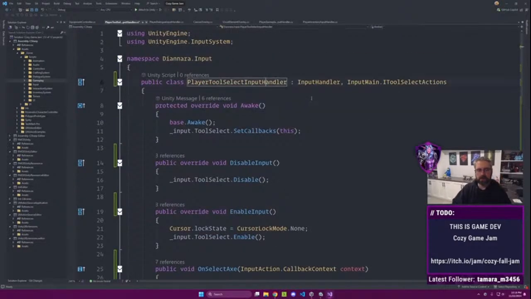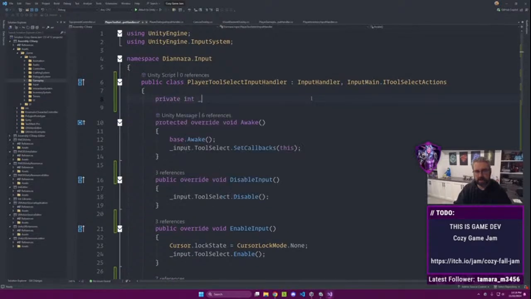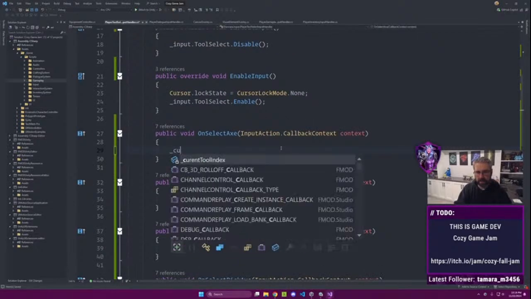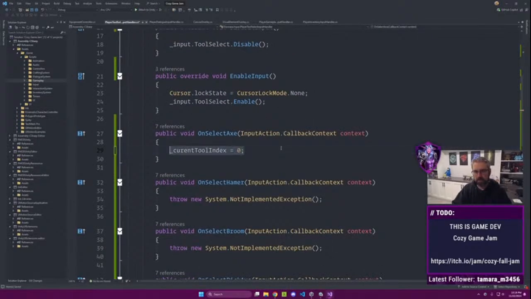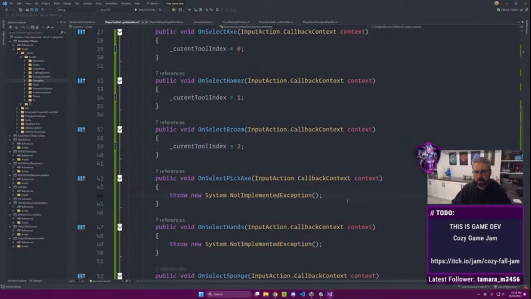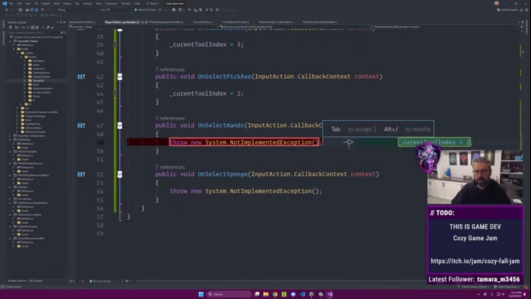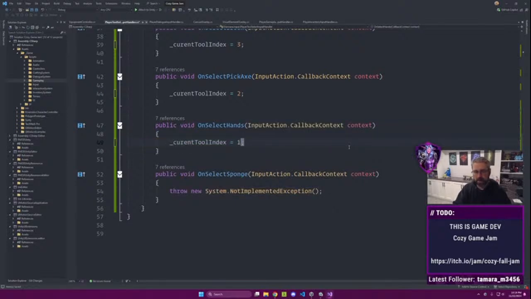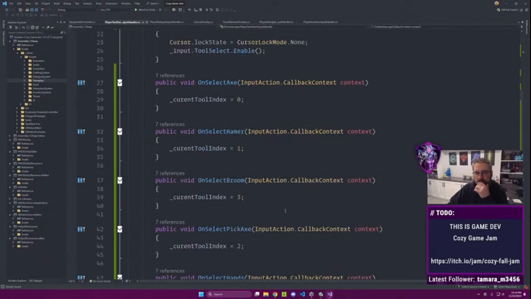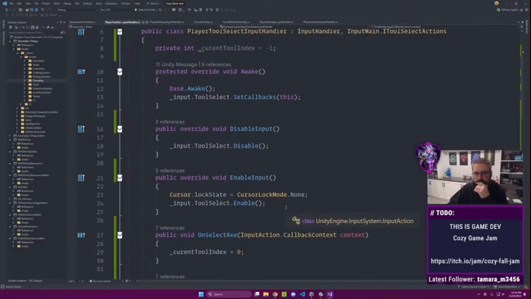So we need a private int currentToolIndex. And we say currentToolIndex equals 0. currentToolIndex equals 1. currentToolIndex equals 2. Actually, this was 2. This was 3. This was -1. And this one we haven't built yet, but it would be 4. And then we have